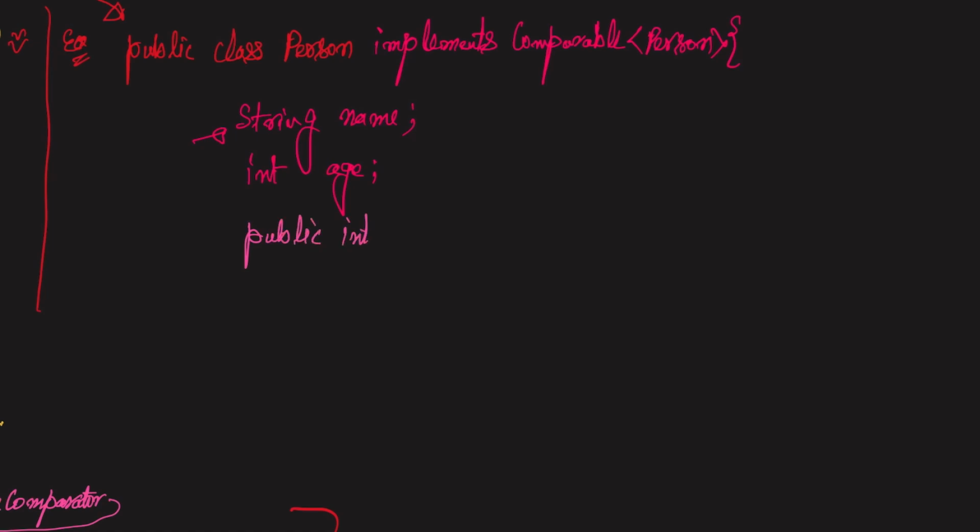Public int compareTo method. Inside that we have type as Person, and you can take the other object as an argument. Then return, the return type is int, like return